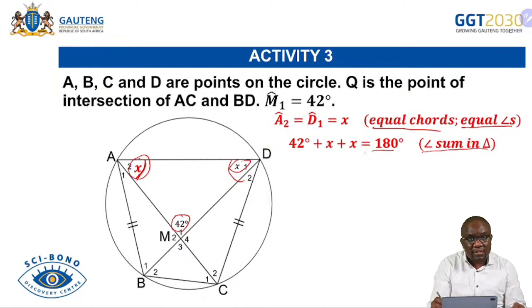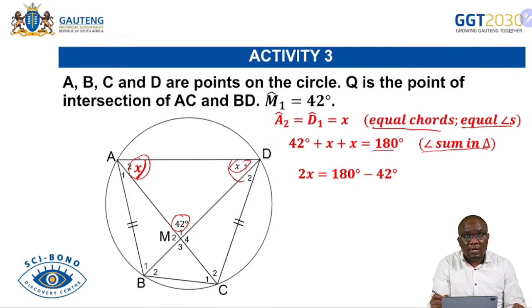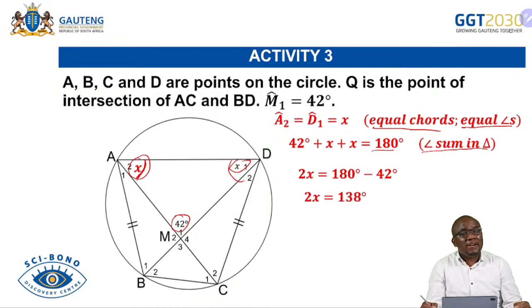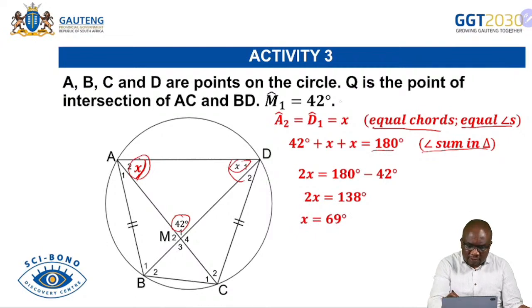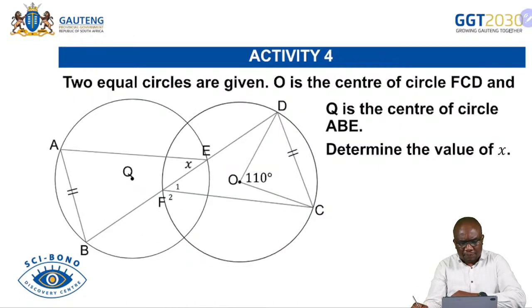So 2X equals 180 minus 42, and then you get that, and then divide by 2 on both sides, you get that X is equal to 69 degrees. Did you get that? Please mark your work. Then remember, statement and reason is very, very important. Okay, now,